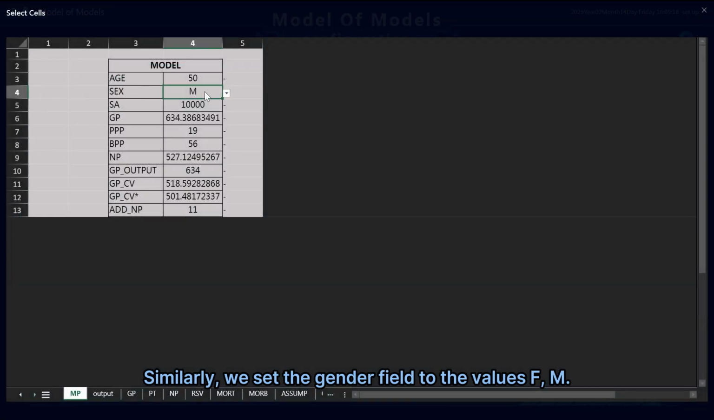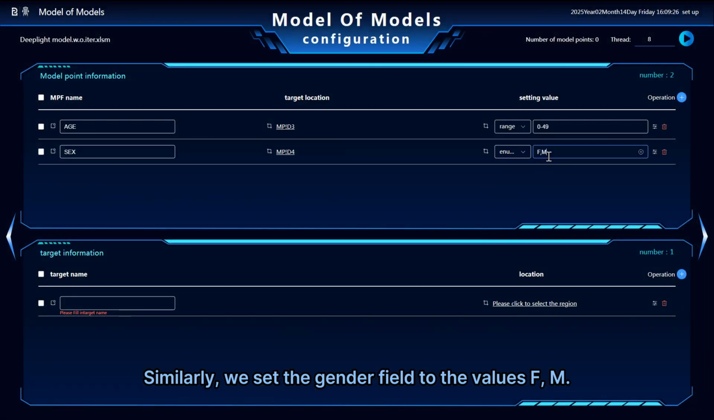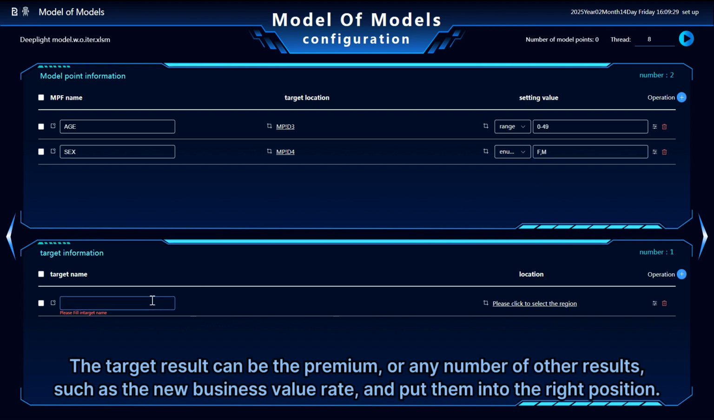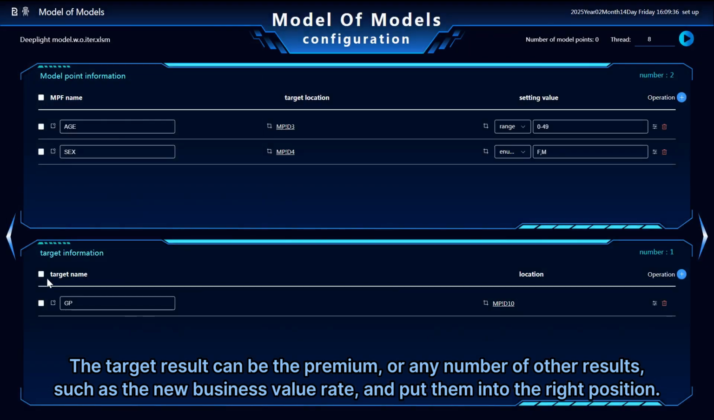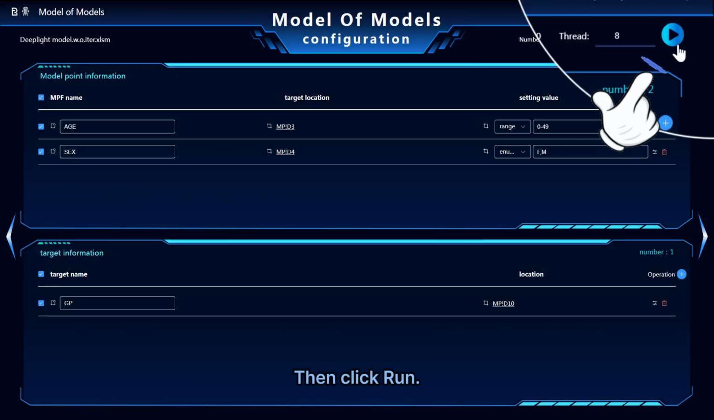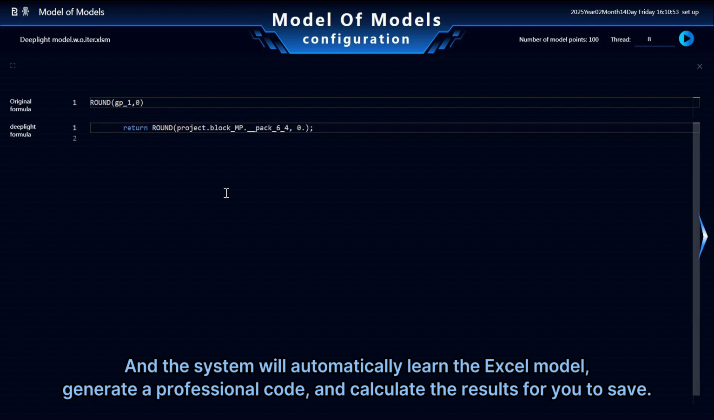Similarly, we set the gender field to the values F, M. The target result can be the premium, or any number of other results, such as the new business value rate, and put them into the right position. Then click Run. And the system will automatically learn the Excel model, generate professional code, and calculate the results